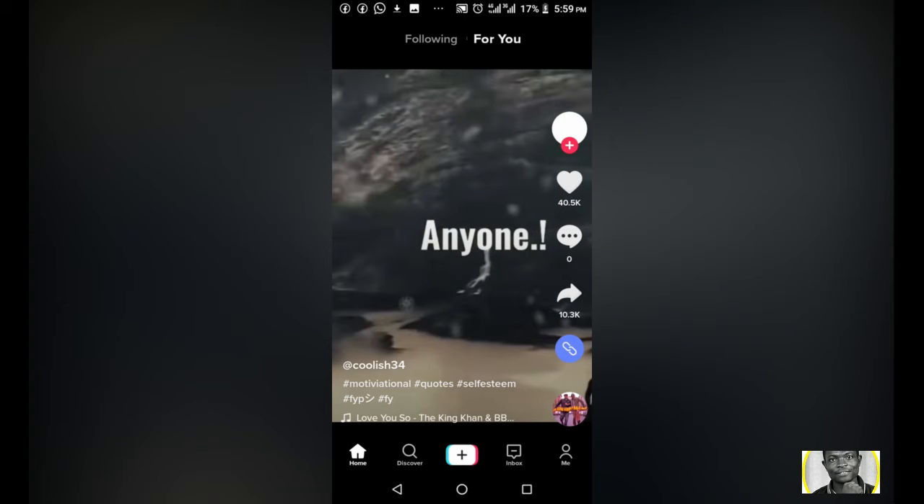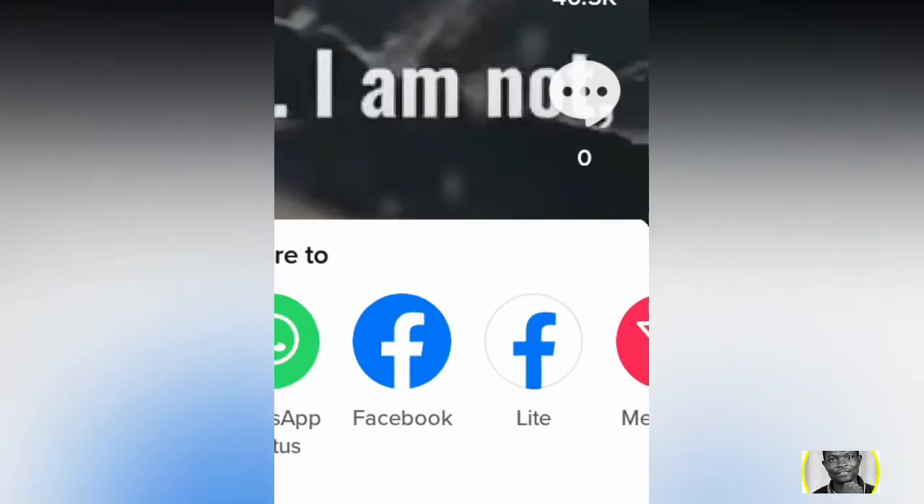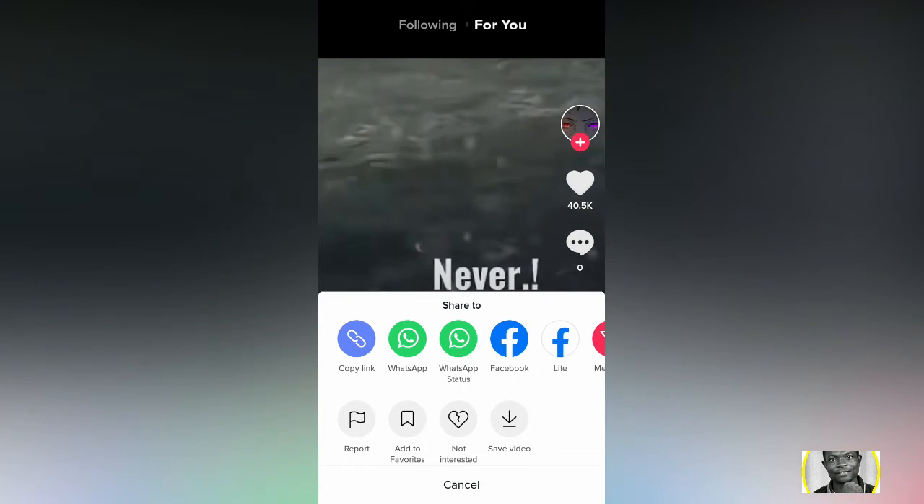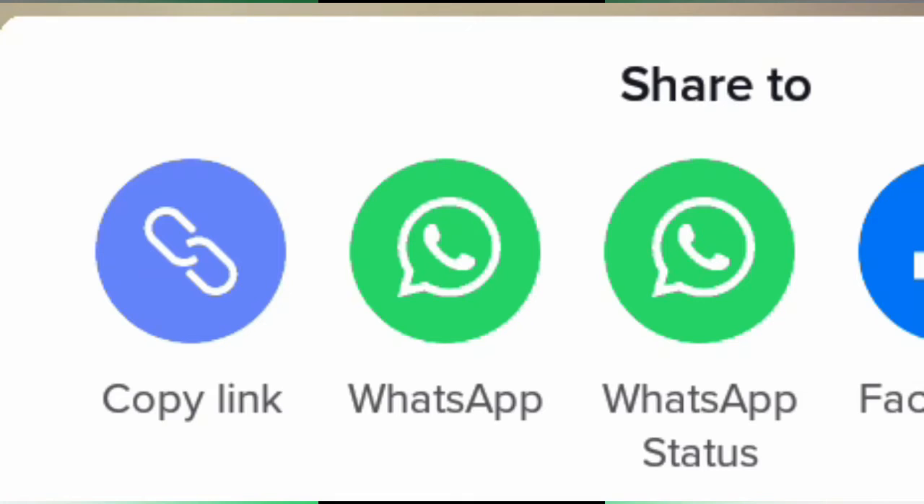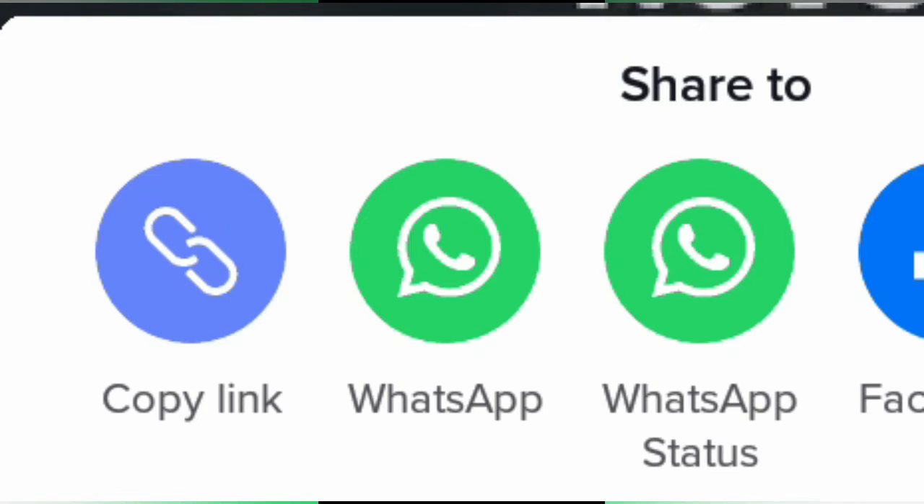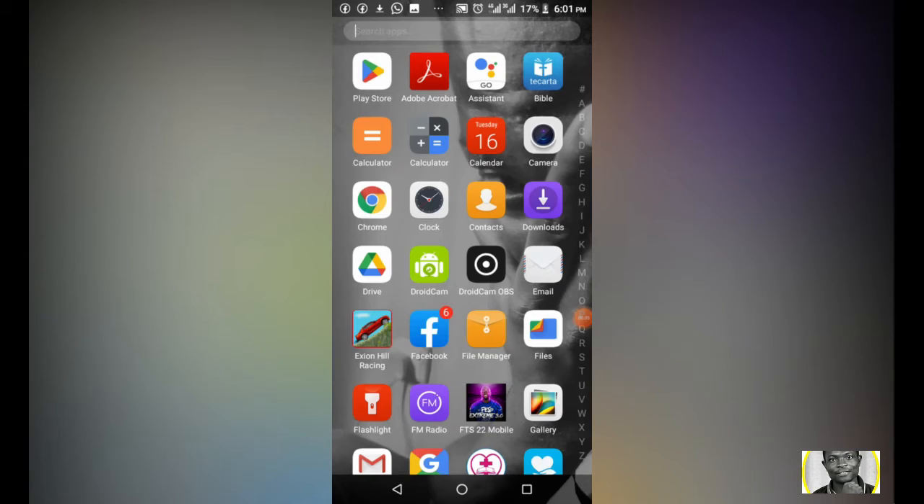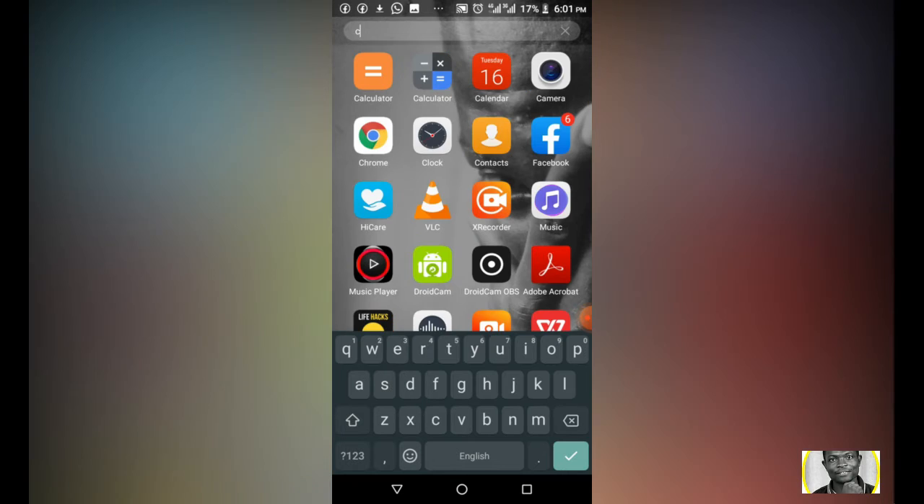Can you see it there? That one that has 10.3k is the share button. So once I click on it, you are going to see two options. Now you can save your video directly to your phone, but that one will have watermark. But you make sure you click on copy link. So once you click on copy link, you have to go back to your phone, and then you